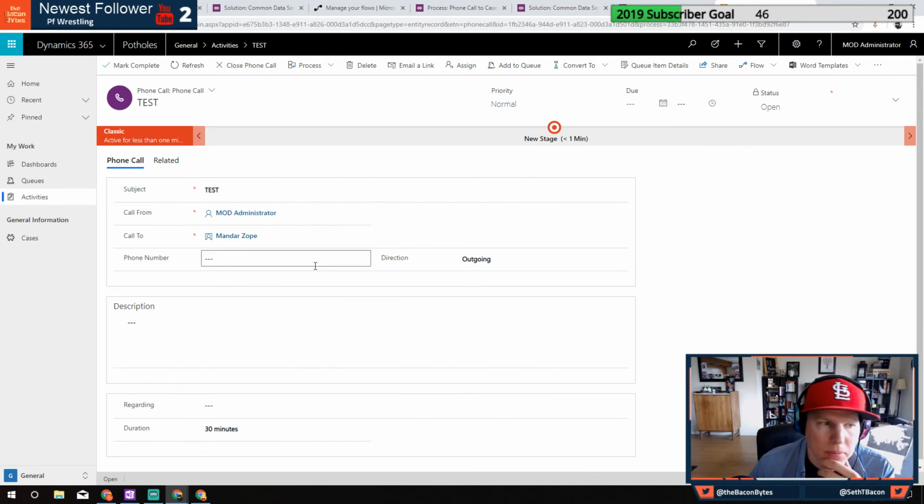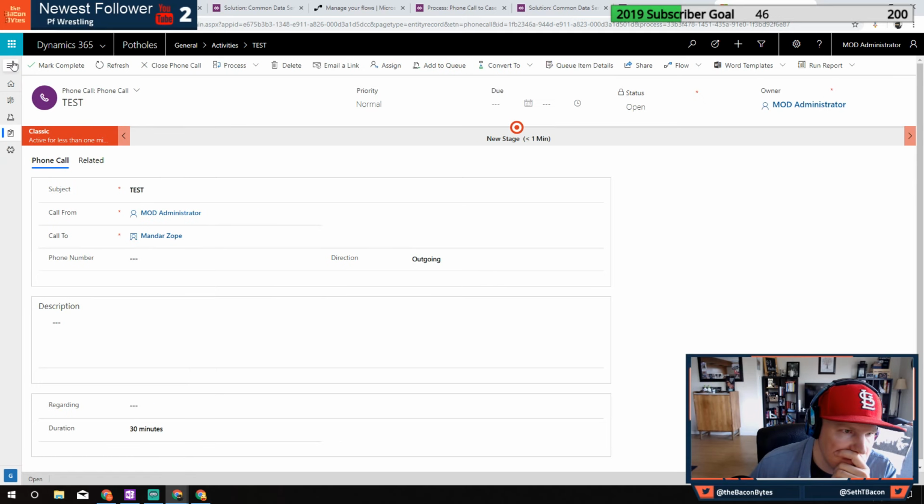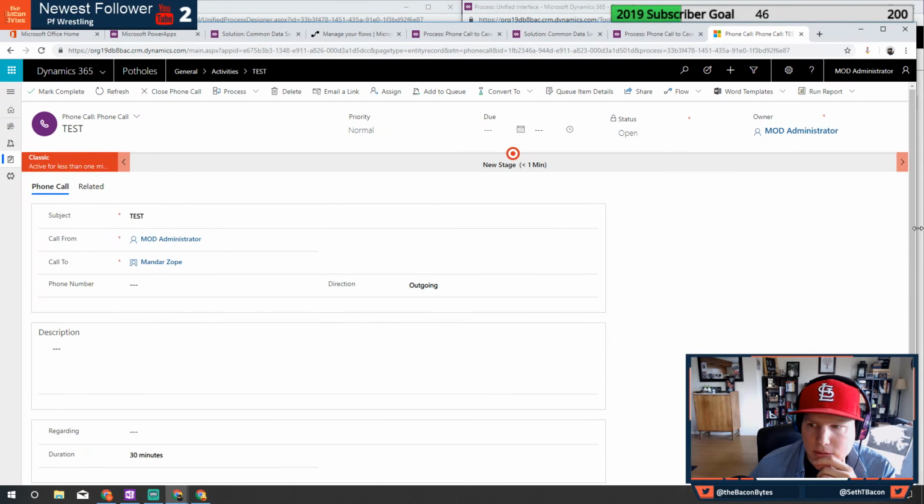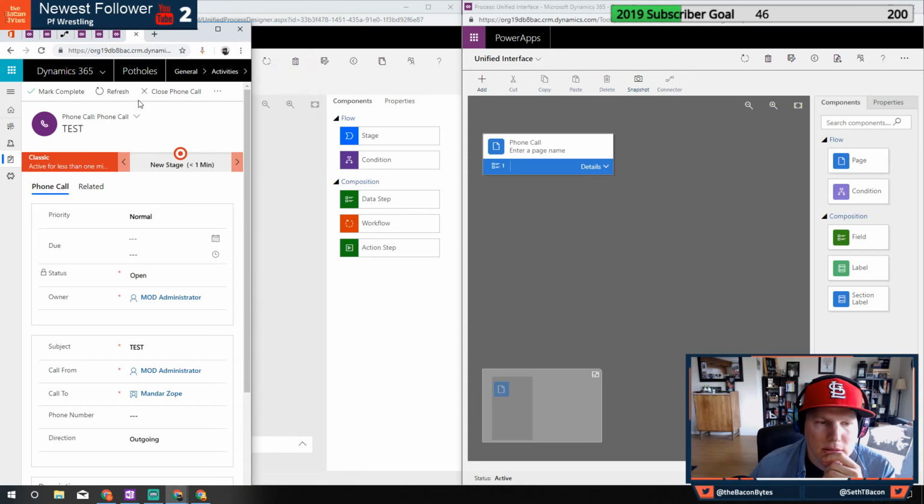That looks like the unified interface just collapsed. I kind of like the way they have done the navigation here. Is this resizable? I saw somebody playing around with this before. Yeah.